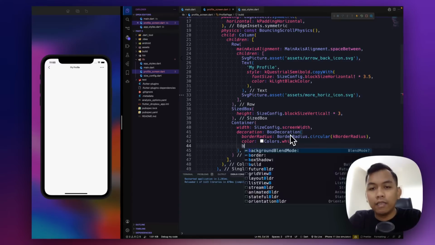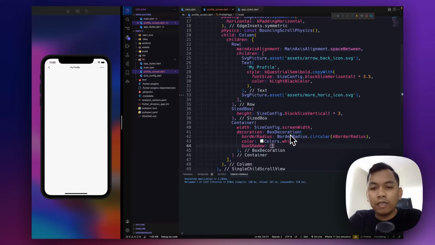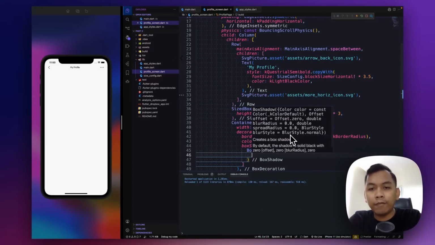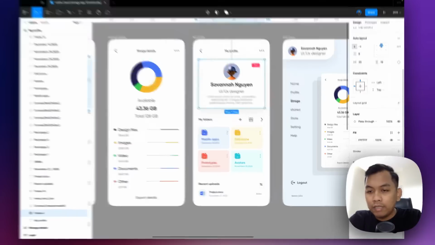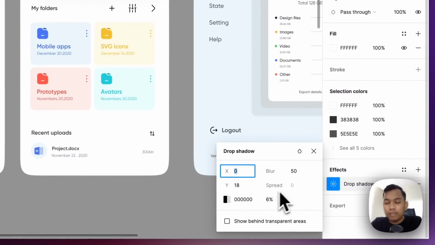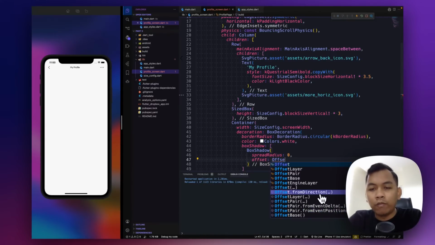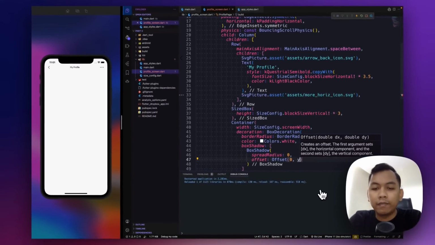And next, add boxShadow, and the boxShadow will be an array, and inside that we will add BoxShadow, and it will have spreadRadius 0, and then offset will be Offset, and we need to provide x and y values 0 and 18.